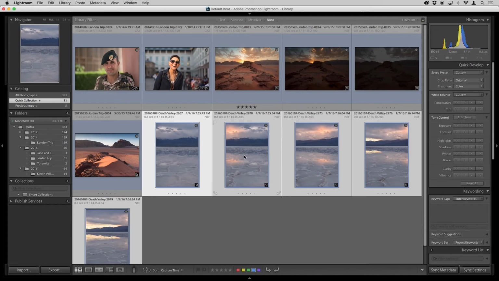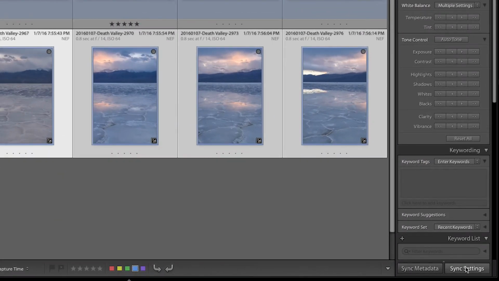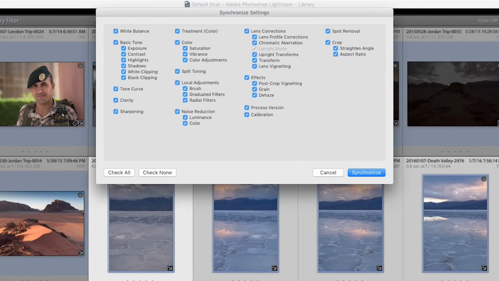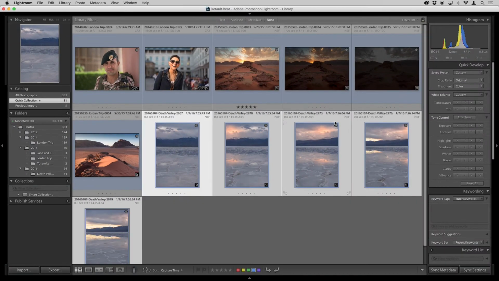Now, if you find this particular method a bit cumbersome, there are 2 buttons right here in the grid. So what I could do is I could say, now go ahead and sync the settings. And if I do that, it brings this window up, which is very similar to what you saw earlier. And I could say, check all this stuff, or maybe selectively something. And then if I click on synchronize, essentially it does the same thing. It knows that this is the edited image and these are the non-edited images, and it's going to apply the settings to all those images at once. So 2 ways to do it here.